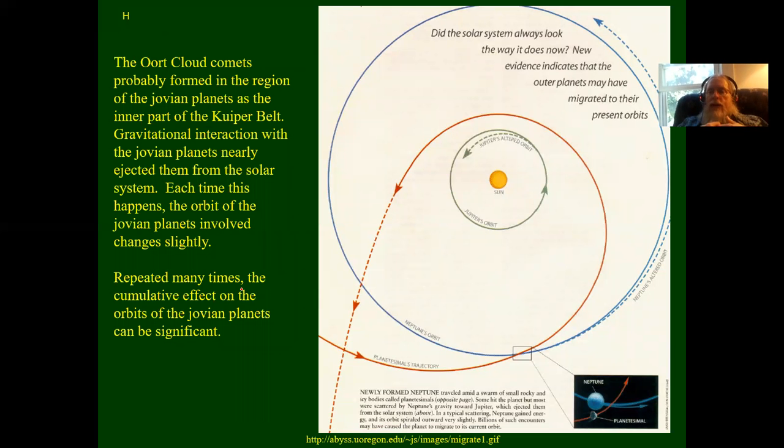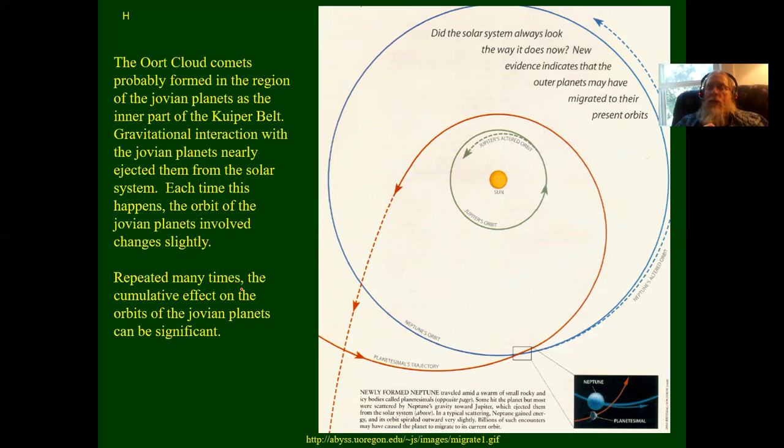Now, it says something about orbital migration, so let's get into that. And in the process, let's try and figure out where the Oort cloud came from, because it's highly unlikely there would have been very much material that far from the protosun to form stuff out there. So, one place the Oort cloud may have largely come from is